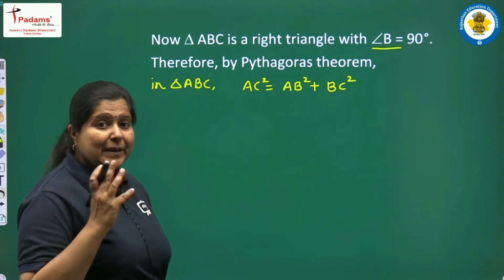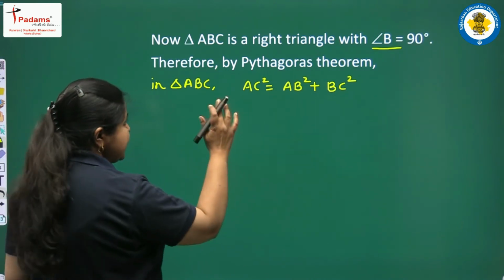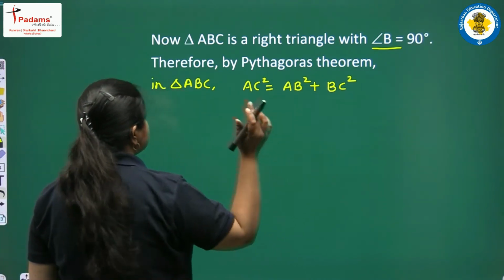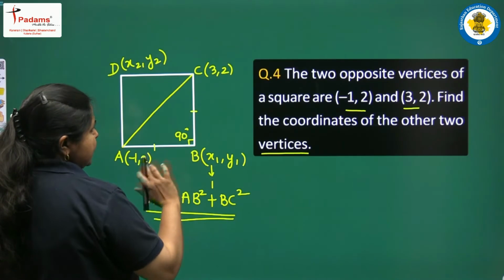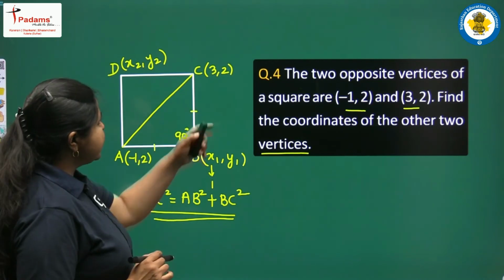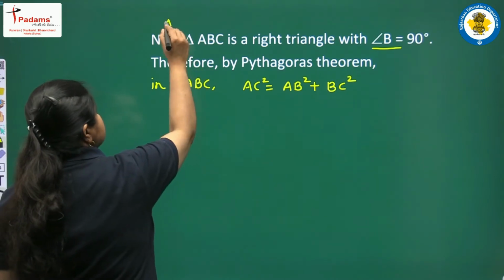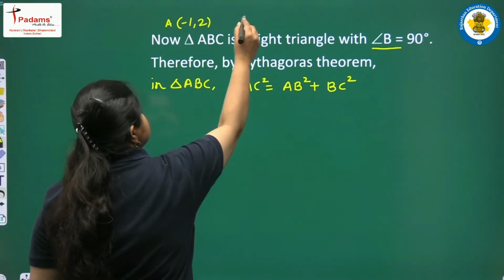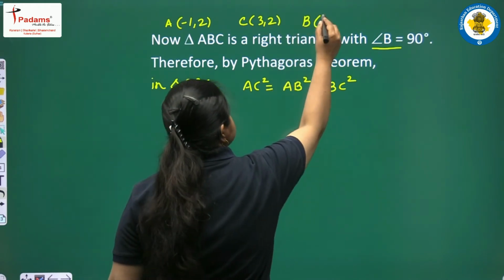Now again we will be applying the distance formula in all these three cases. First of all, let us write all the coordinates once again so that we may do the question rightly. A is having coordinates -1 2 and C is having 3 2. So we write here A -1 2 and C is having 3 2 and B we are taking as 1